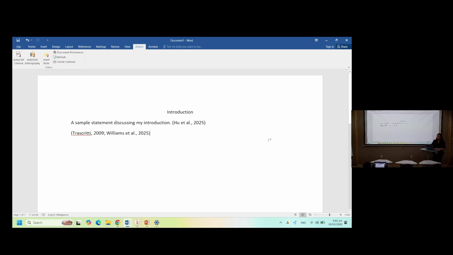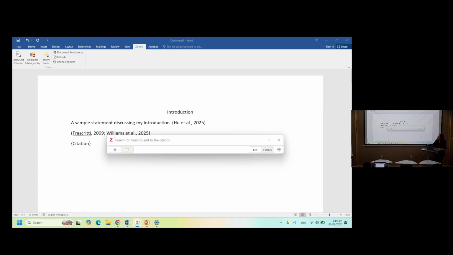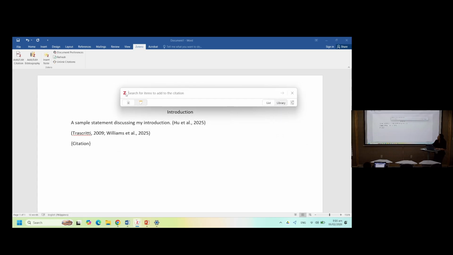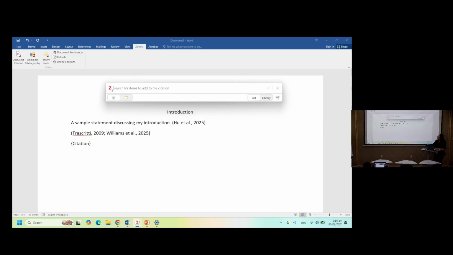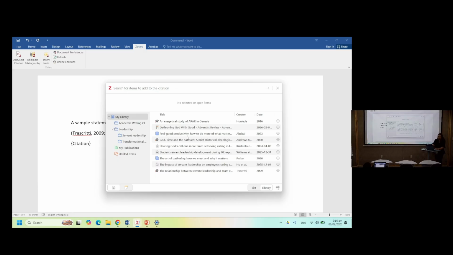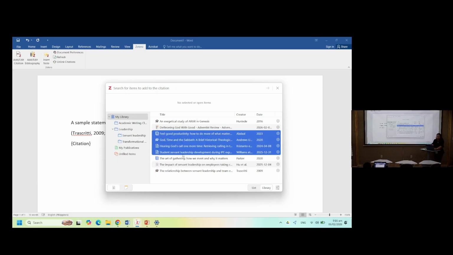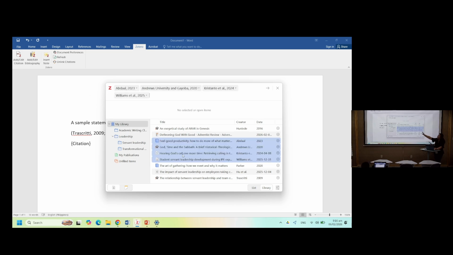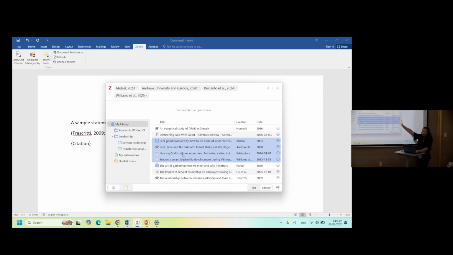What is called page number? Yes, we'll get to that, sir, later. Okay? So, when I don't remember the part or the item that I want to cite, I prefer to show the library. Because at least for this, I can select multiple resources at once. Everything is there now. Okay? And individually, you can edit.